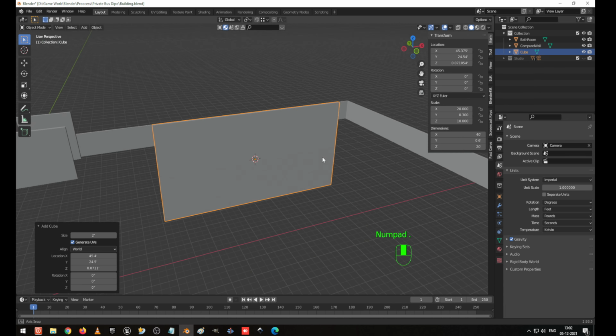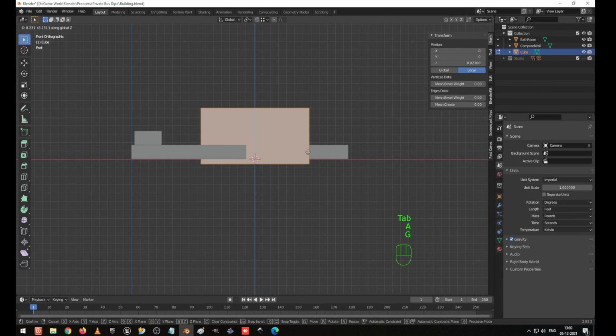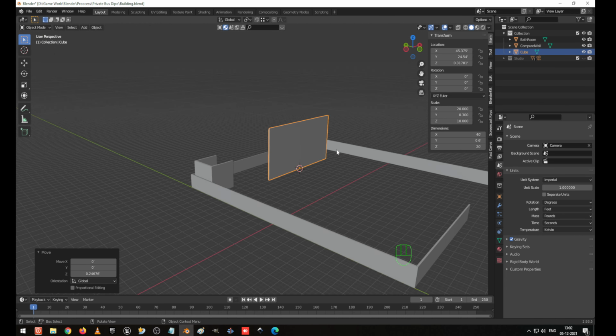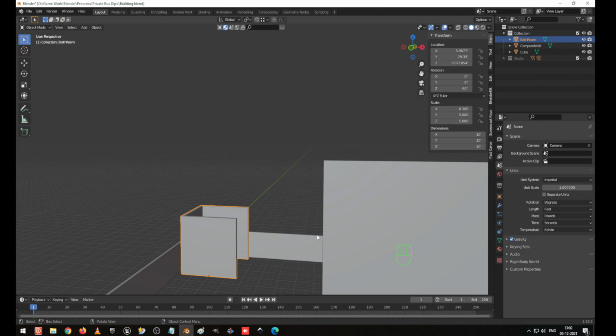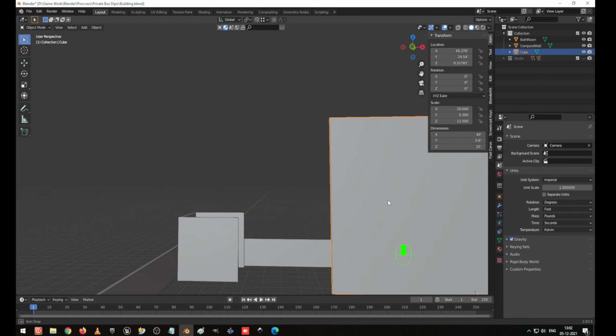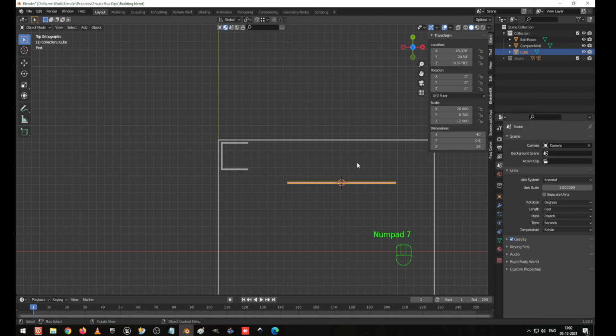I zoom it in, go to the front view, go to edit mode, select everything, G Z. You can move the pivot points to the top. Okay, now we have created this much height for this. This one I had given 10 earlier, now make it 25. Okay, now our shape has been created. Now this same height I am going to give for everything.